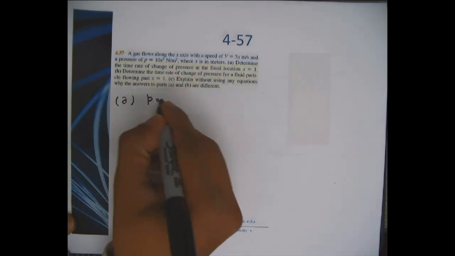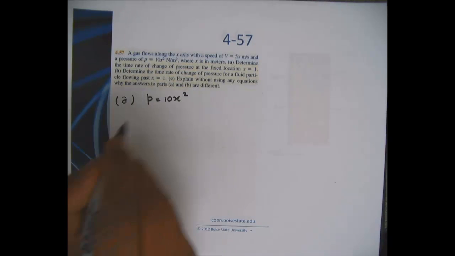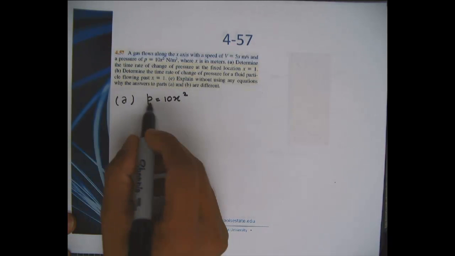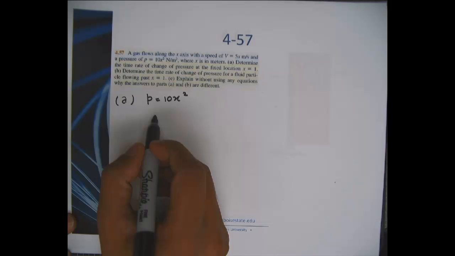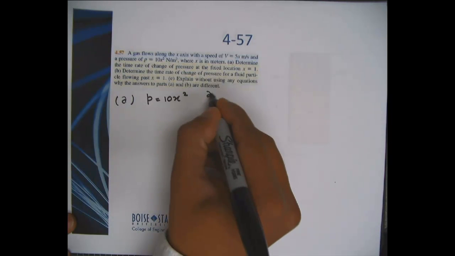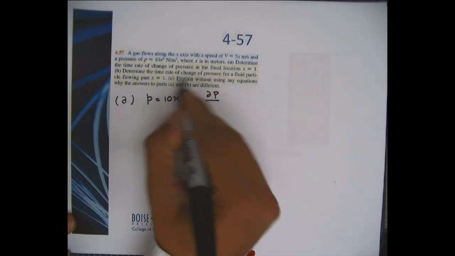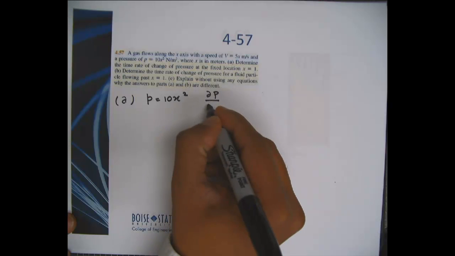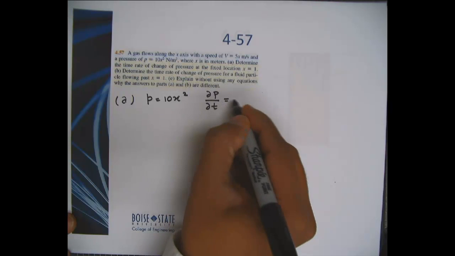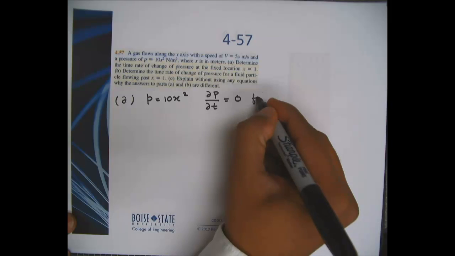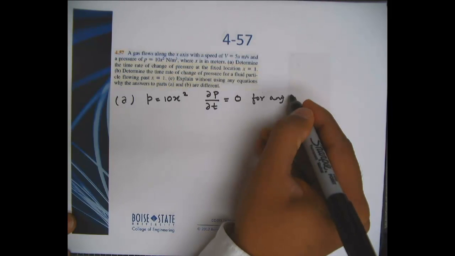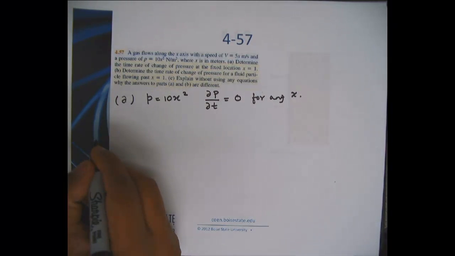So you're given P equals 10x². Okay, you see that P is only a function of x here. So if I want to determine the time rate of change of pressure, this will be 0 for any value of x. Okay,